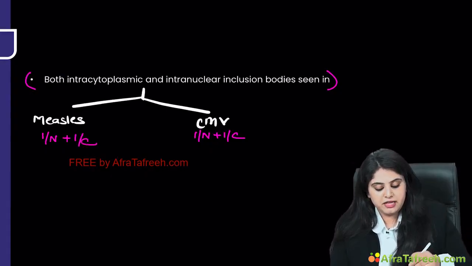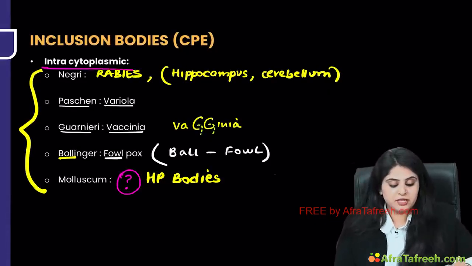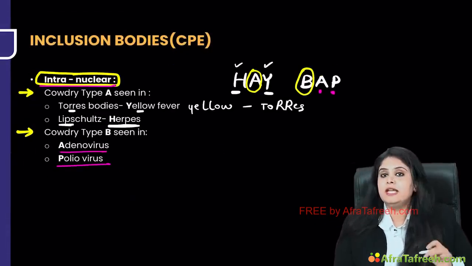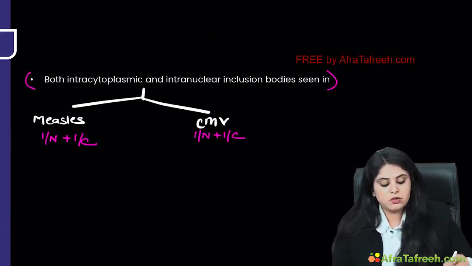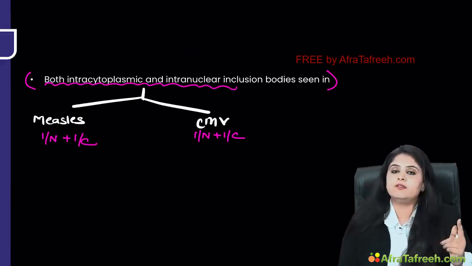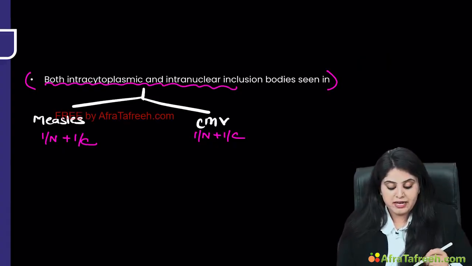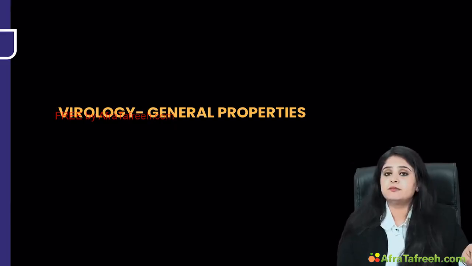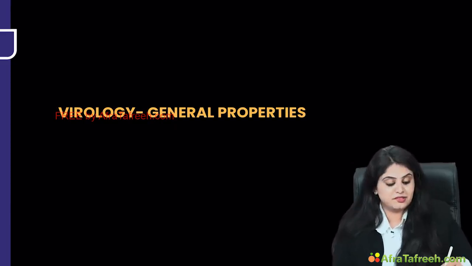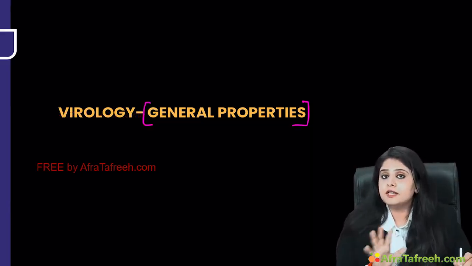So repeating once again, majority of the list that I taught you, all of it was intracytoplasmic. Then I taught you a mnemonic called Hey Bap. Hey Bap is going to be intranuclear, and then two of them which are going to show you both intracytoplasmic and intranuclear are cytomegalovirus as well as measles. Now with that, you finish off. You might feel that you have done some 30 odd slides of virology, but trust me, you have done half of virology, because this is where you get maximum questions, and this is what sorts all the difficult part of